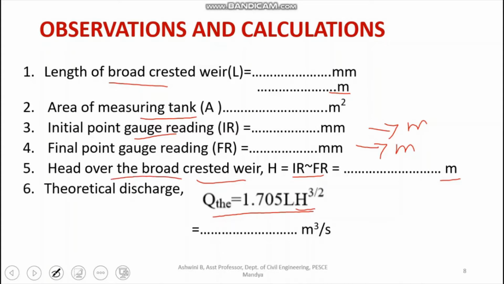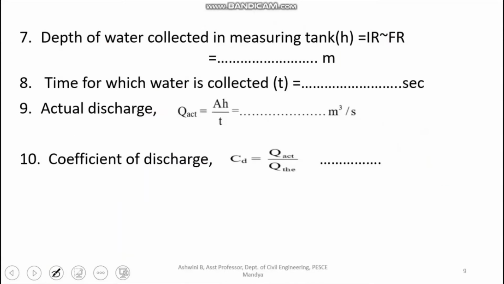We will get Q theoretical in terms of meter cube per second. And then for the same discharge we have to collect some amount of water in the measuring tank for the known height, and note down the depth of water which is collected, and also the time for which water is collected. You have to note down the time in seconds, and then determine Q actual,